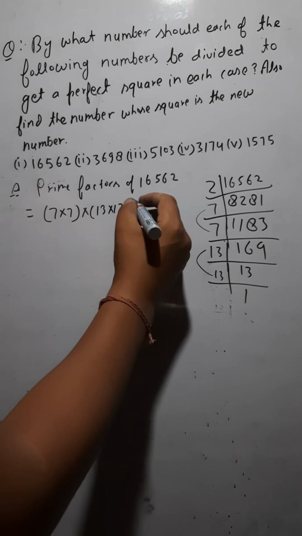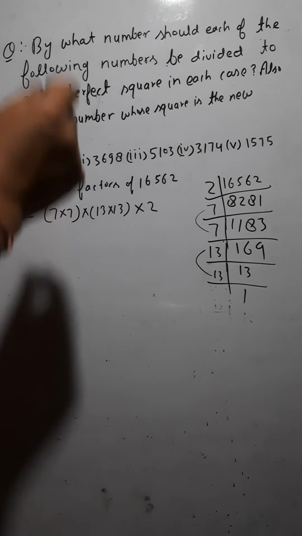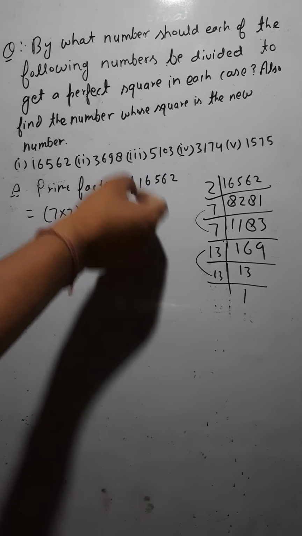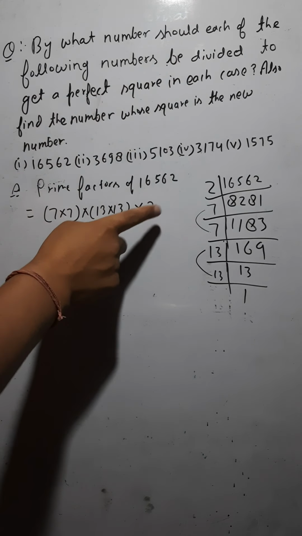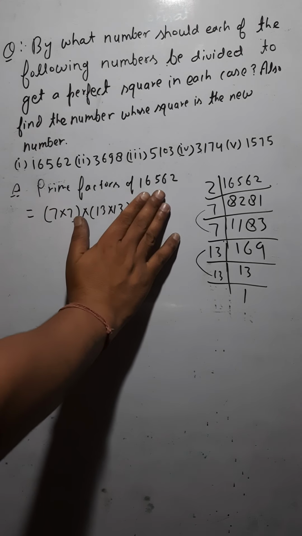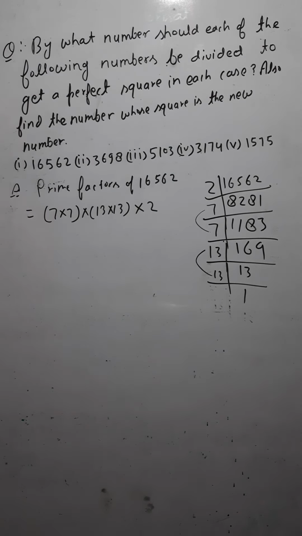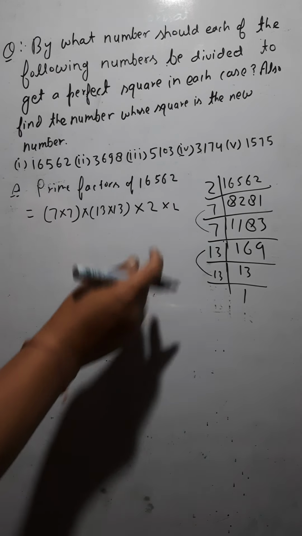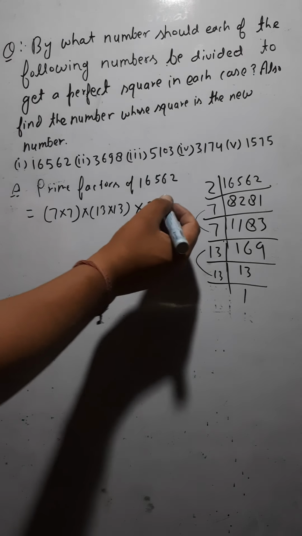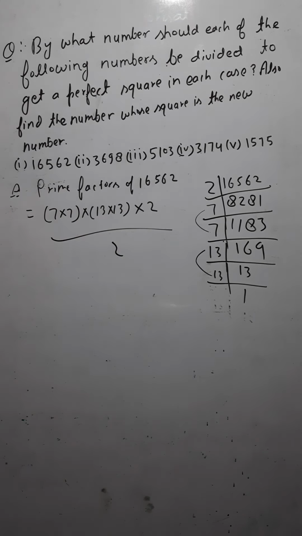Okay. Then what is left? 2 is left. It means what? To make the given number a perfect square, you need to remove this 2. You need to remove this 2 now. Yes or not? Because you do not need this one 2. If this 2 is not here, then the given number is a perfect square. This 2 is left because it does not have its pair. Either you multiply it by 1 more 2, but that is not the question. The question is: by which number you have to divide this. It means you cannot multiply by 2. You have to divide by some one number.